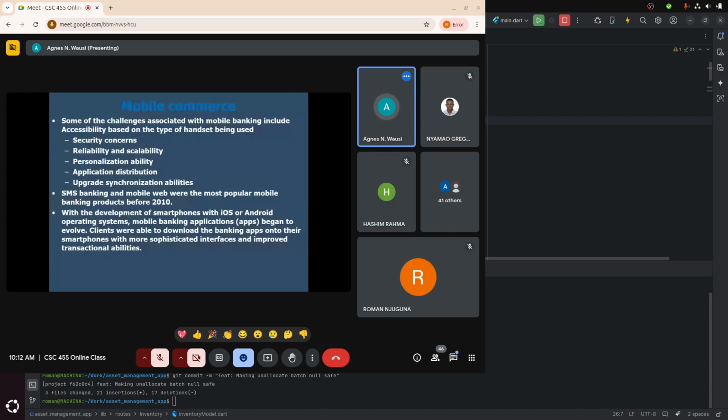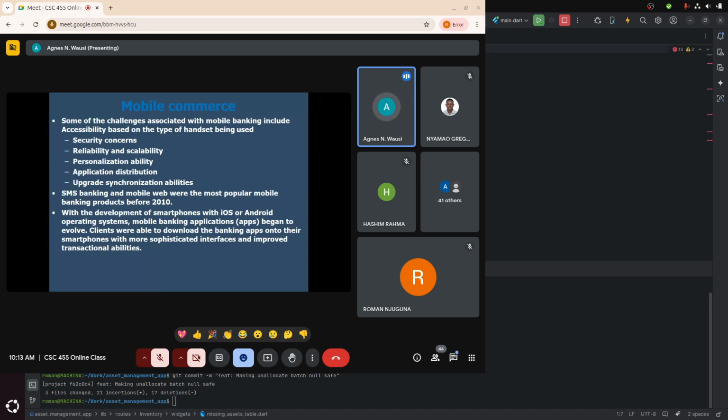And sometimes you may find that the publishers of these applications on Google Play will write there as an instruction that this application works with this version of Android going ahead. Yeah, so that means it can't work with the lower versions. Personalization ability sometimes is very minimal. You really cannot personalize some of these things.